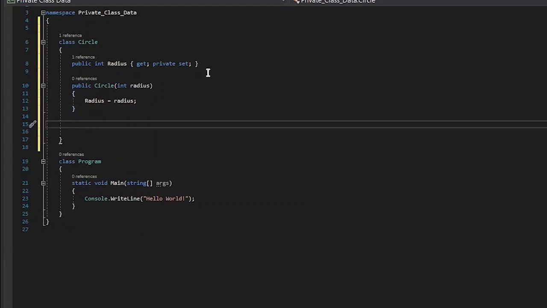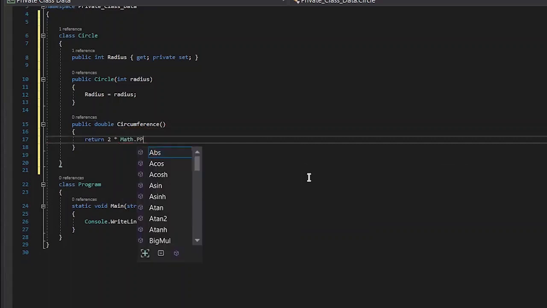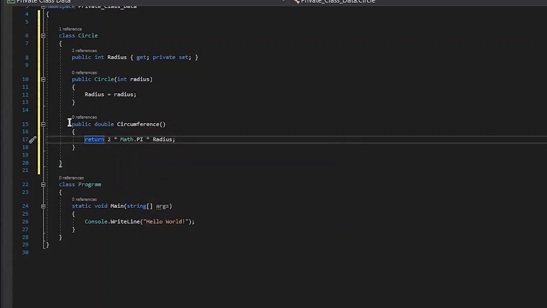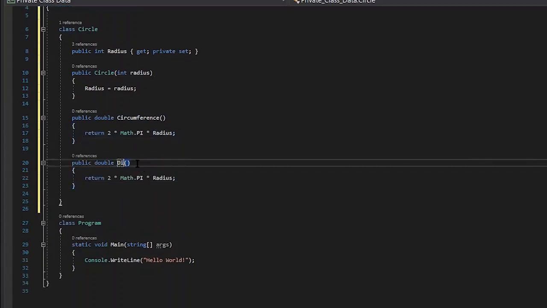Then I can create a public double method, circumference, which returns 2πr, 2 times pi times radius. Similarly I can create a diameter, which is simply 2 times radius.